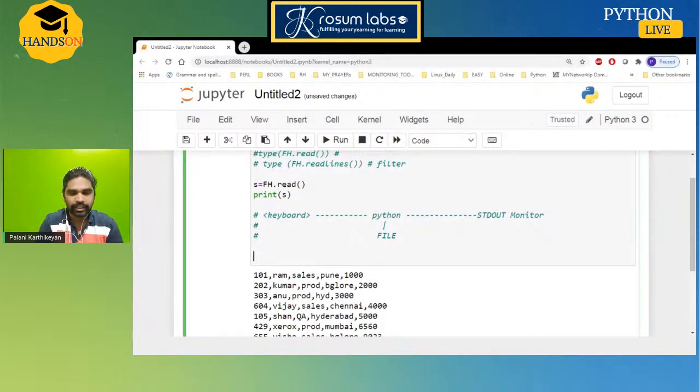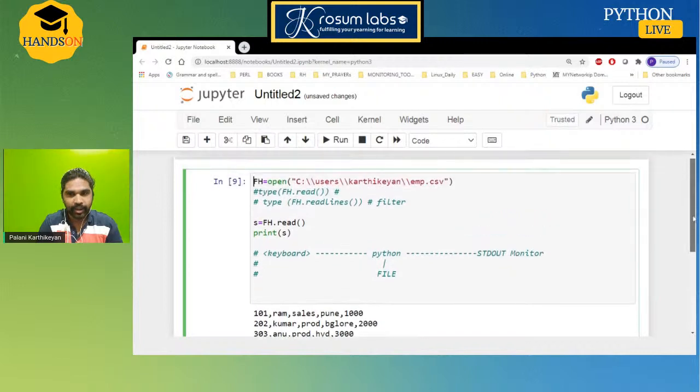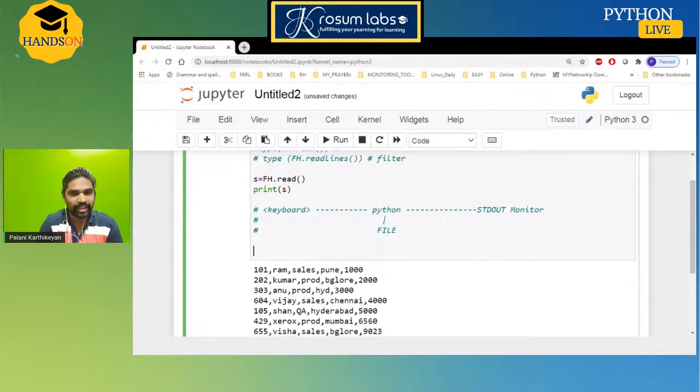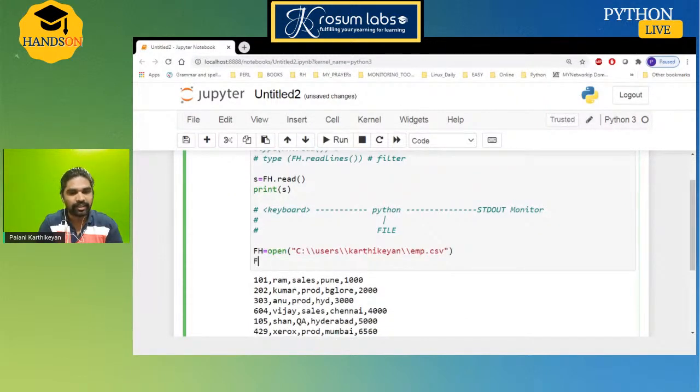Same task, but instead of using the read operation in string format, I can take the file operation here. I want to read line by line, or list by list, or element by element. For this you can use readlines. The readlines output returned will be a list, and we know how to handle a list.